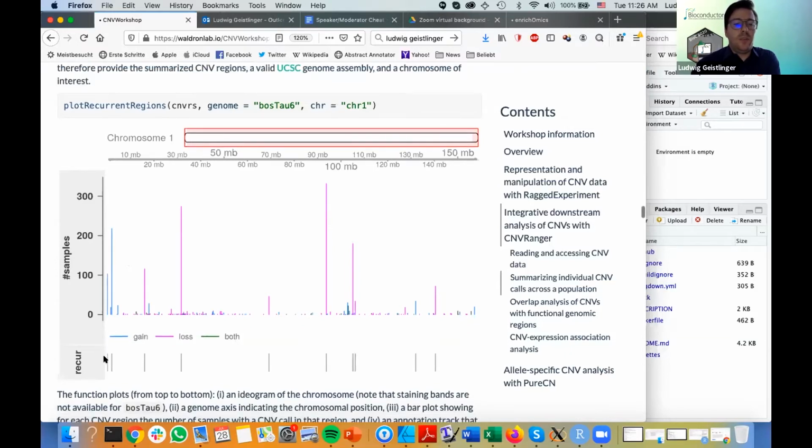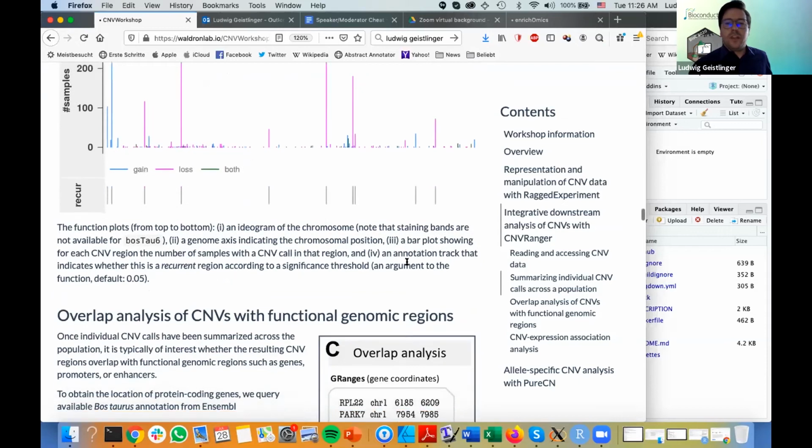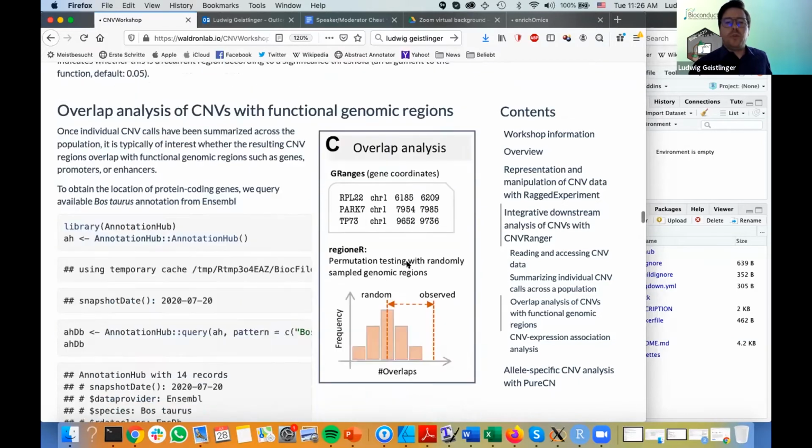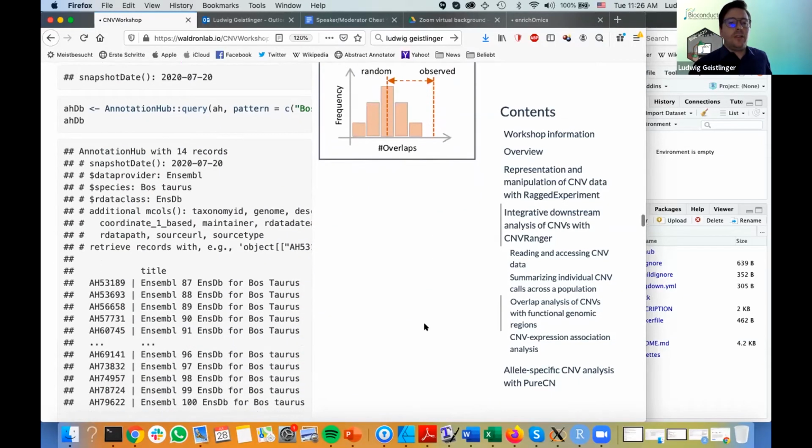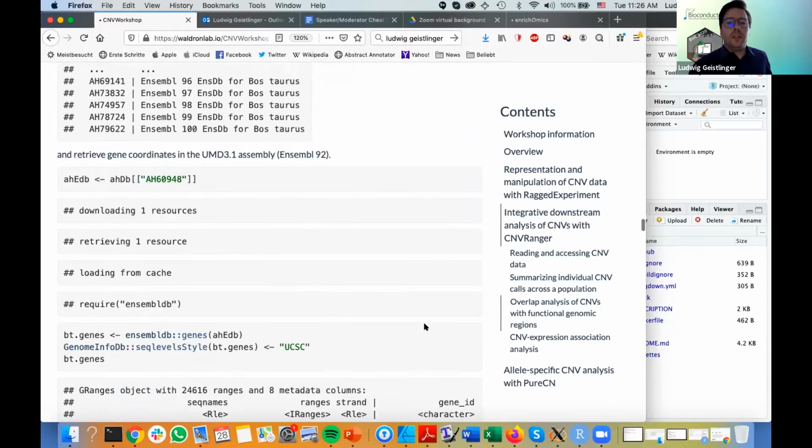We have pink for loss regions, and green where we have both. On the other hand, we have this annotation track showing regions that exceed our random background level, which are recurrent regions. So that is one thing I can do to identify regions in the genome that show concentrated copy number variation. I think it's about time to pass on to Sehyun, but another thing I'll shortly show: